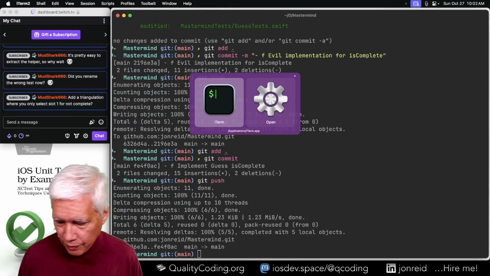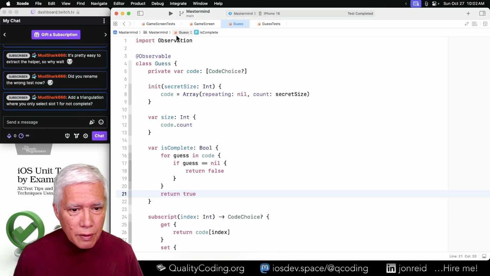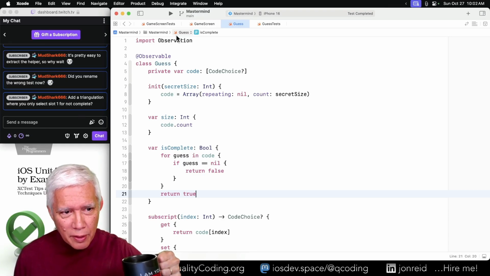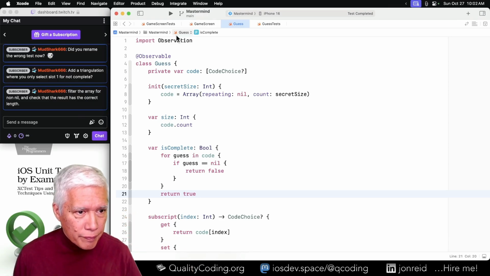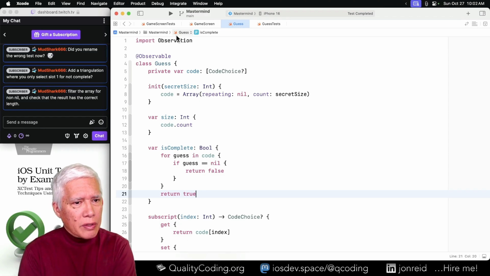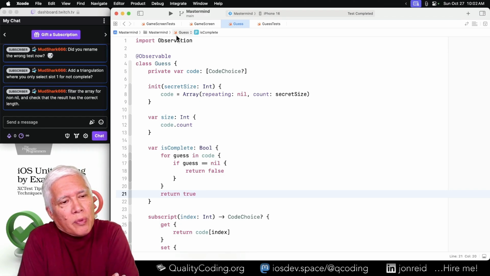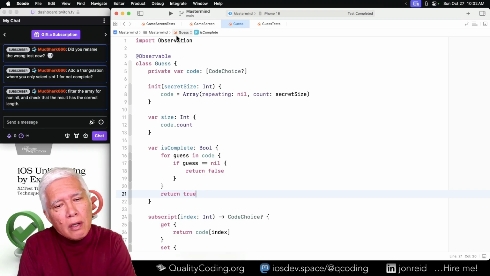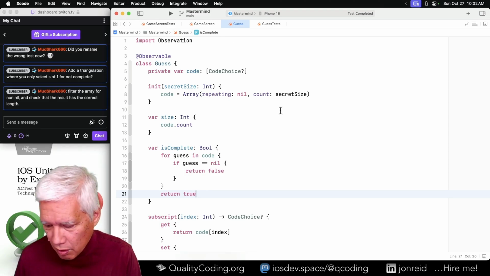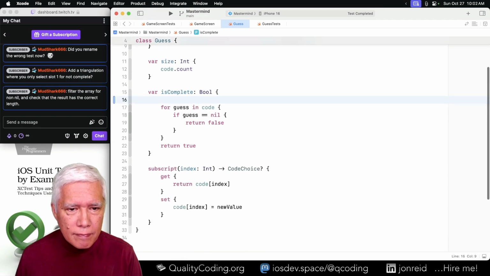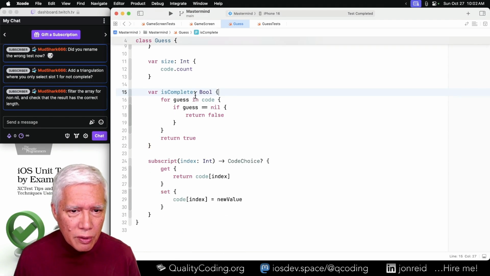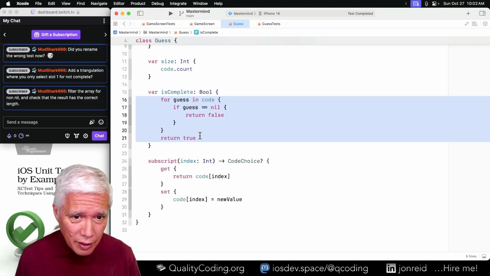Now, that's a lot of procedural code. Filter for non-null, check that the result has the correct length is one way to do it. Any other ways? I mean, basically, this code is correct, but it's wordy.